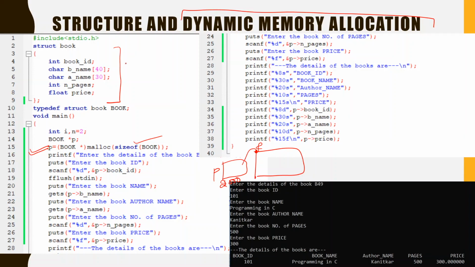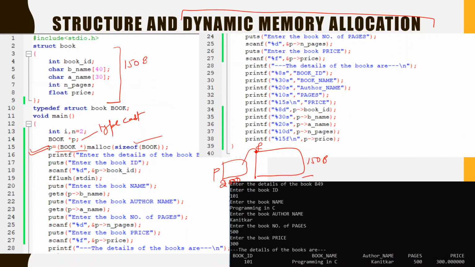So suppose the size of this particular structure is 150 bytes. So a block of 150 bytes of memory would be returned, and it would be converted into a type of book pointer. So this is a typecast. If you don't know about the concept of dynamic memory allocation, you can watch my video on dynamic memory allocation in the playlist of pointers.